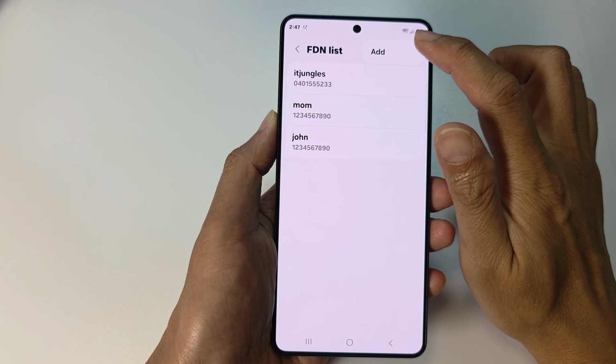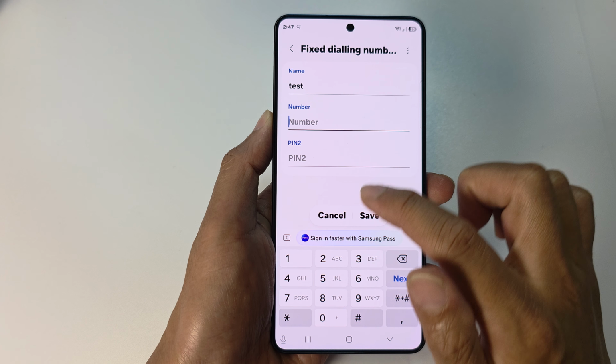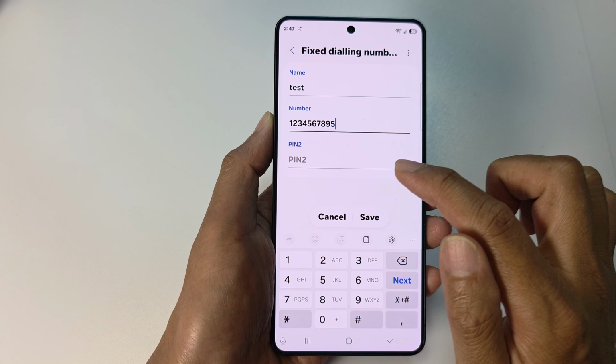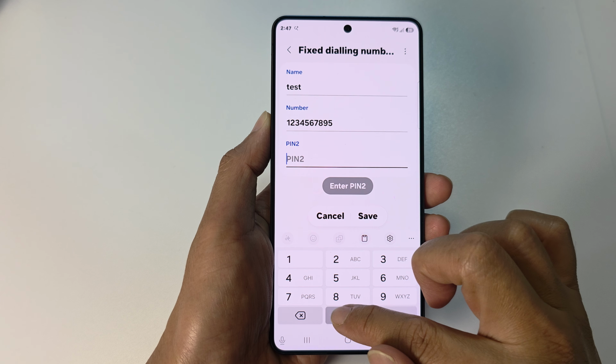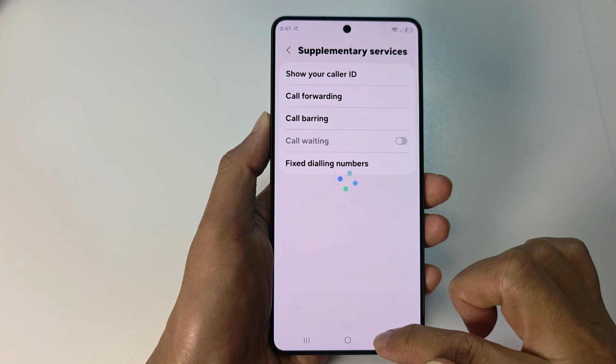So here, if you tap on the Add button and put in a number, so 1, 2, 3, 4, 5, 6, 7, 8, 9, 5, and then tap on Save. We need to enter the PIN to save. Okay, so if we go back to the phone app here,